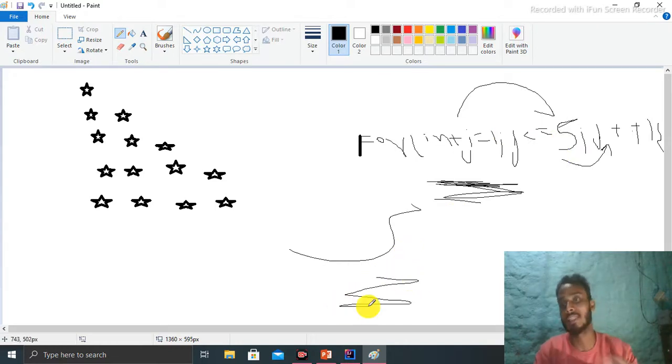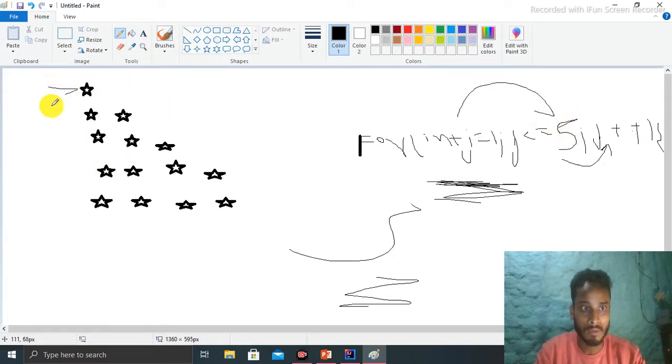These are the basic concepts of how a for loop works. For this pattern, it depends on rows and columns. This is our row, and this is our columns.